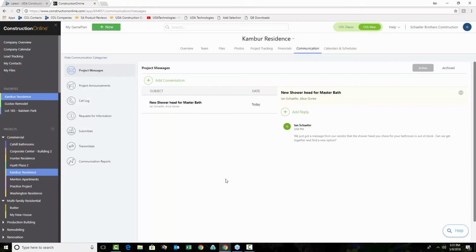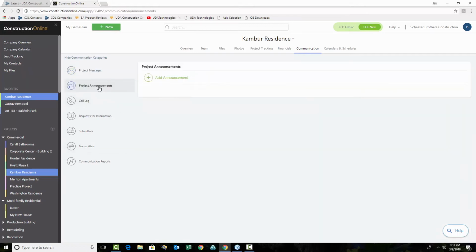You've got easy ways to filter through the content, and you've got really great ways to go through and make sure that everything is documented well so that you can pull it together after the jobs are complete. Now, of course, messaging is all about getting the information out there, receiving responses, and cataloging the detail. If all you need to do is a mass message to everybody, project announcements are a great function to provide